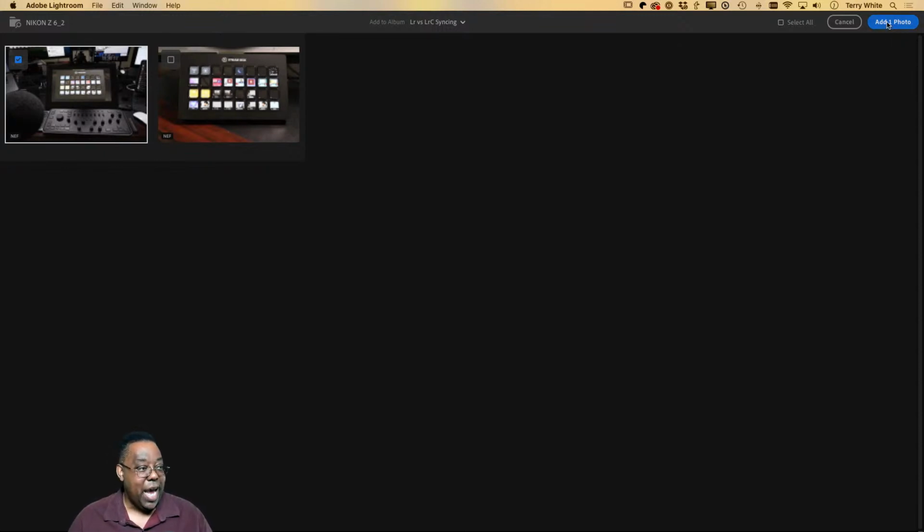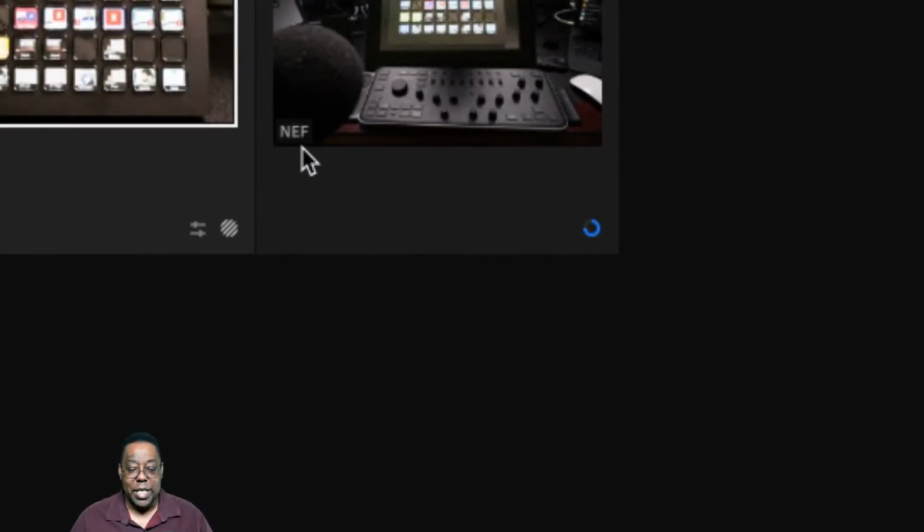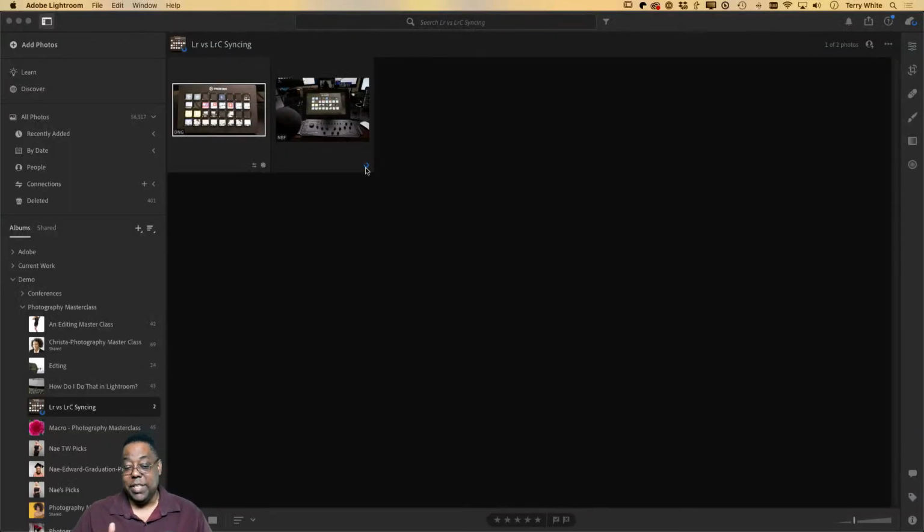All right, so I'm going to go ahead and click Add Photo. And it takes a second to read it from the card, and there it is. So now you notice that there's a little sync icon on the bottom of the photo. Again, it's a RAW file, NEF from Nikon. And it's now syncing that photo. So now the difference is, in this case, it's actually syncing the full resolution, the full 6048 by 4000, whatever it was. And it's syncing it as a RAW file. It's not doing any kind of conversion. It's not converting to smart preview. It's just syncing the whole photo.